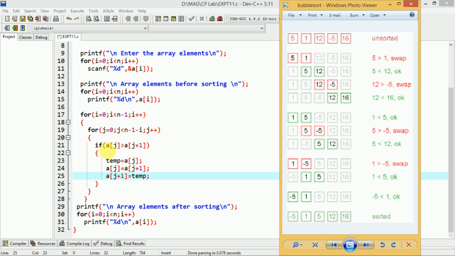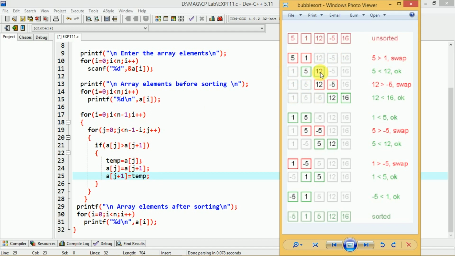So this time if a of j greater than a of j plus 1, again the same condition is executed, but previously the j value was 0, now the j value is 1. So when j value is 1, it becomes a of 1 greater than a of 1 plus 1, that is 2. Means we have to consider a of this is 0, so this is 1. So that's why in the second iteration we have to consider the next two elements. So we have to consider a of 1 is 5 and a of 2 is 12. So that's why we increment the value of j, and by this statement again we will check whether a of 1 is greater than a of